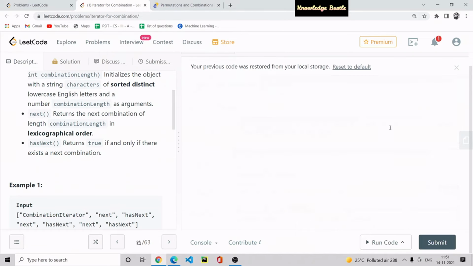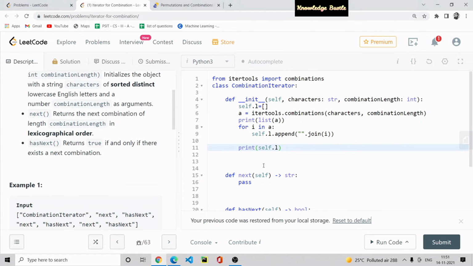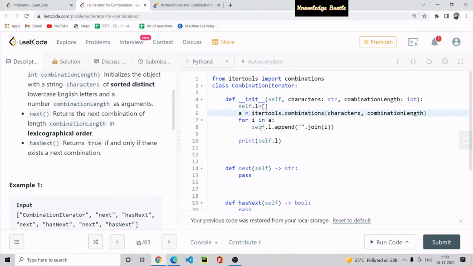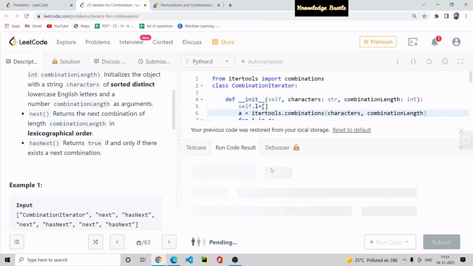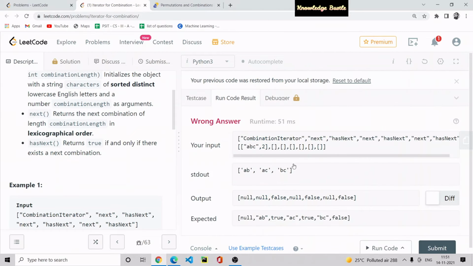Oh, sorry guys, I have some mistake. I think it should work. Why is it not? Yes, it is working. If we join A, B, AC, then the tuple objects join together and it becomes AB, AC, and BC.